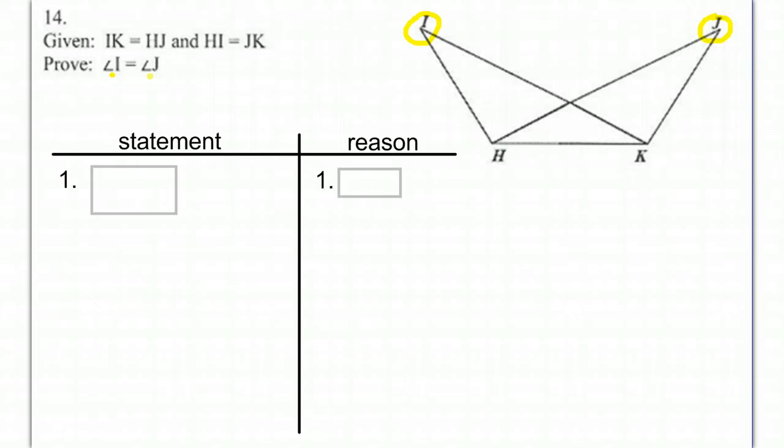The information that we are given is that IK and HJ are equal, and these go all the way from here to here. So I'll just clarify that with my colors, otherwise it's hard to tell which parts are actually equal. The other thing we're told is that HI and JK are equal. So we are given a side, we are given another side, but we are trying to somehow prove that the